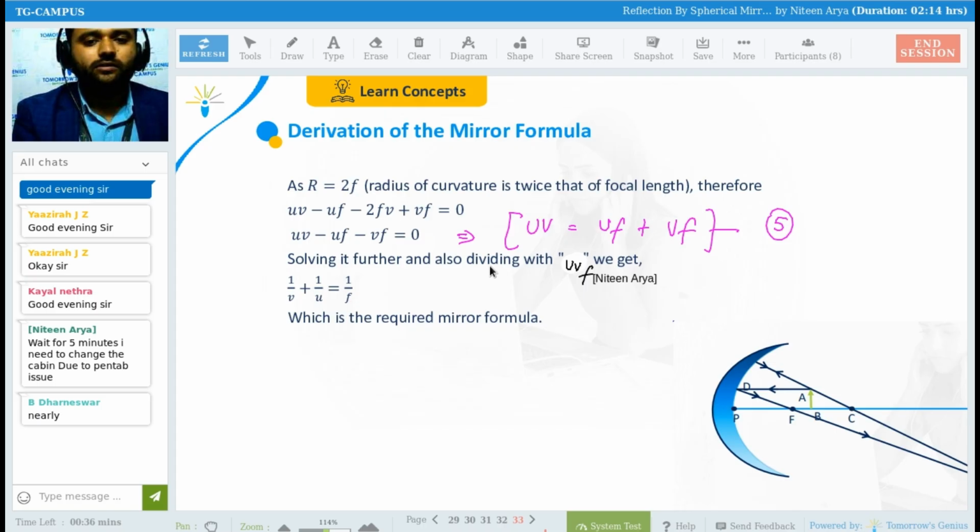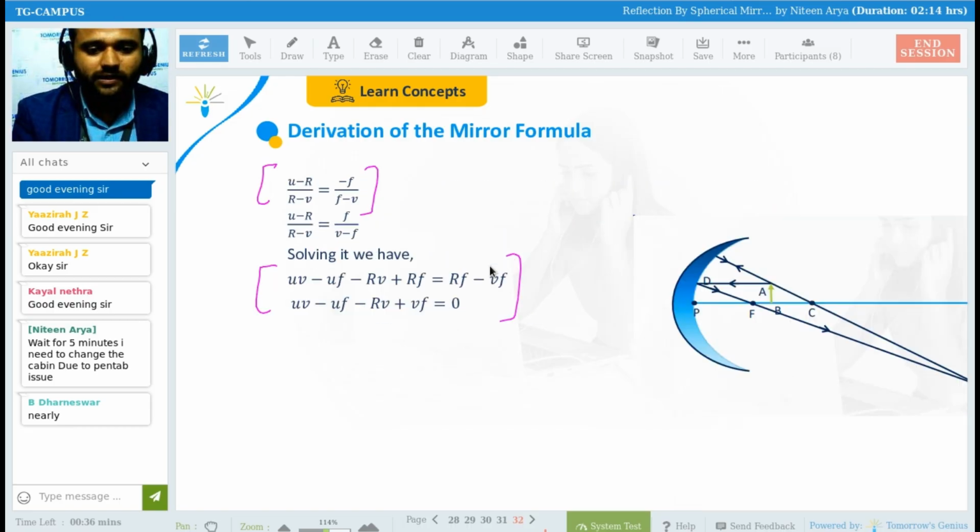So if I am dividing this equation number 5 by UVF, now we get 1 by V. UV upon UVF is 1 by F, UF upon UVF is 1 by V, and VF upon UVF is 1 by U. So we get this. And this fifth equation comes from, as we know, solving till now, cross